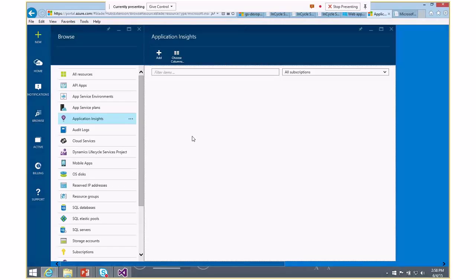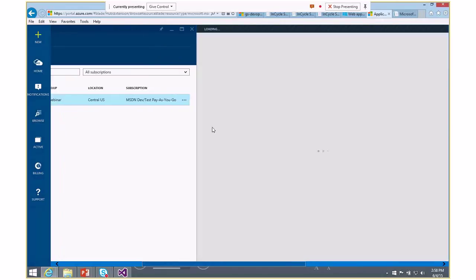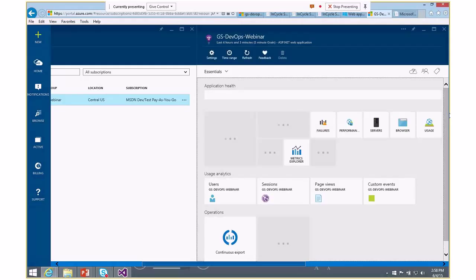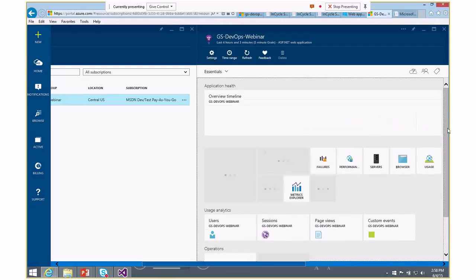And Application Insights, I think, is a very powerful tool, and it gives you a great degree of insight into your application, from application health, usage analytics, operations,